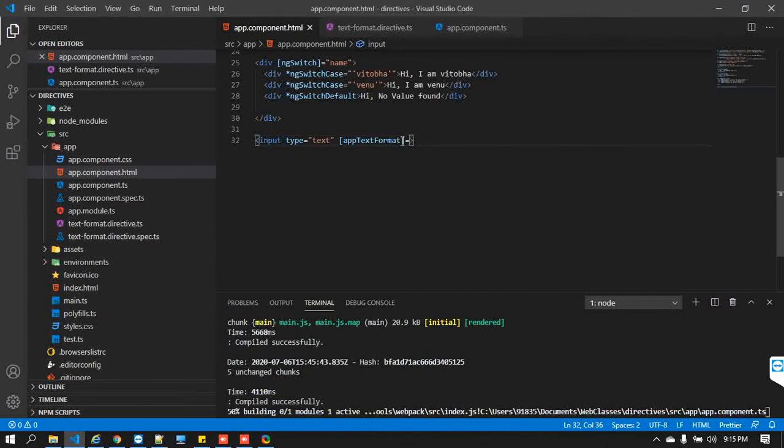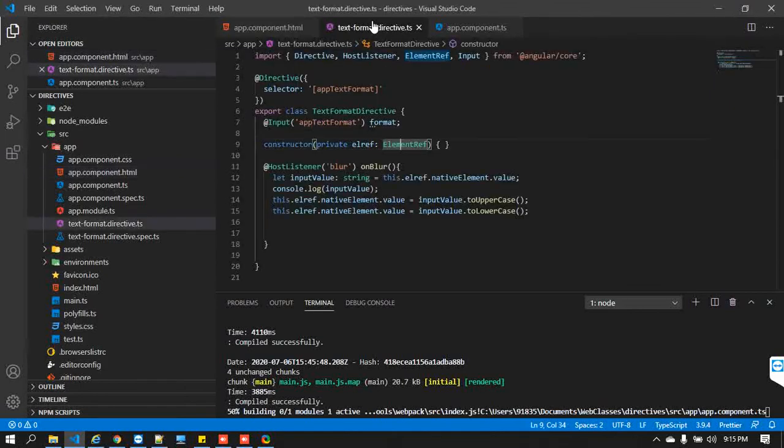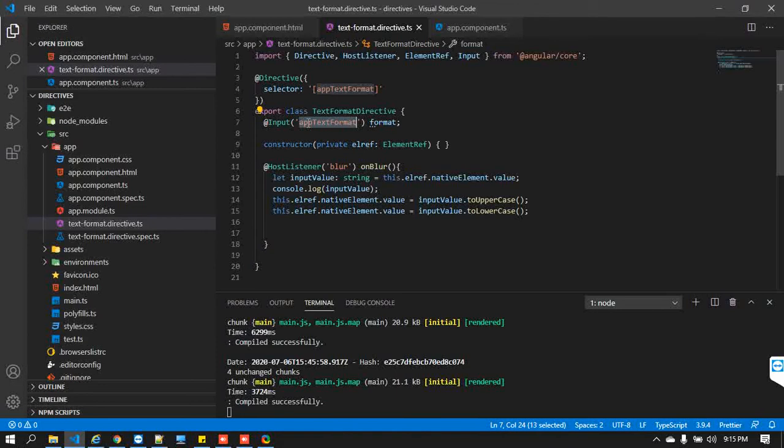So at this moment I'm just giving upper. Okay, save it. So this is now assigned to your format. So this is nothing but aliasing. Aliasing in the sense, this is not the original name. For example, everybody has certain nicknames, right? That nickname is nothing but an alias. The actual name is your original name. Here I have represented it with the format.